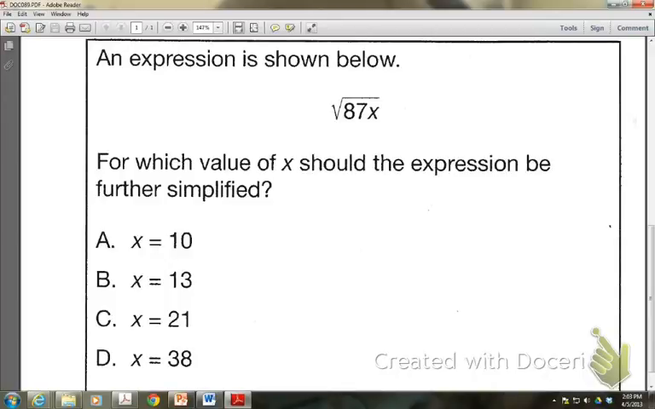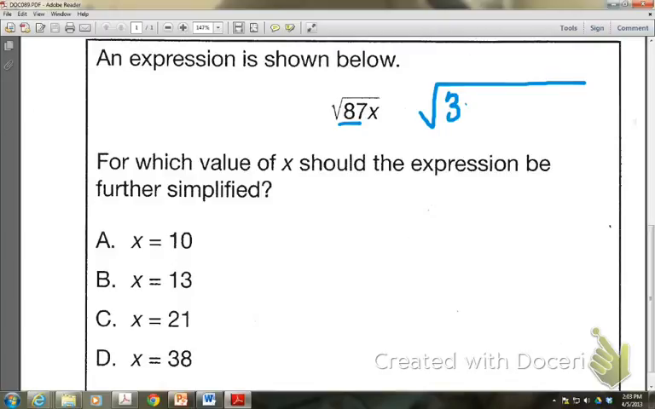This is another example of the sample questions for the Algebra 1 Keystone for simplifying square roots. To do this problem, we would first want to look at the 87 and decide if it is a prime number or if it can be broken up into different factors. With a little bit of legwork on the calculator, you're going to find that 87 can be broken up into